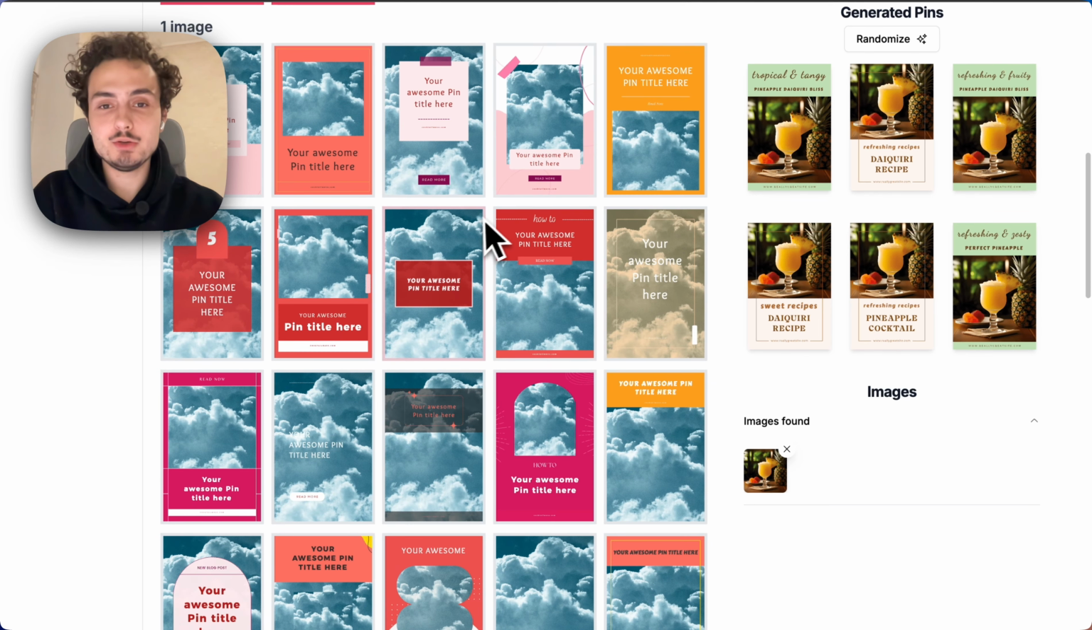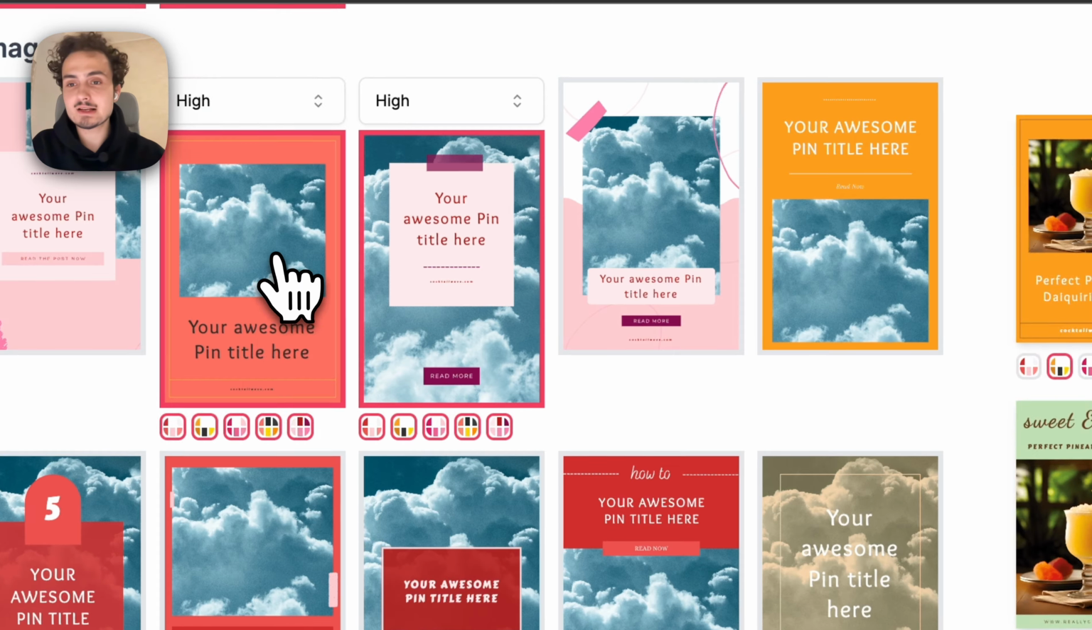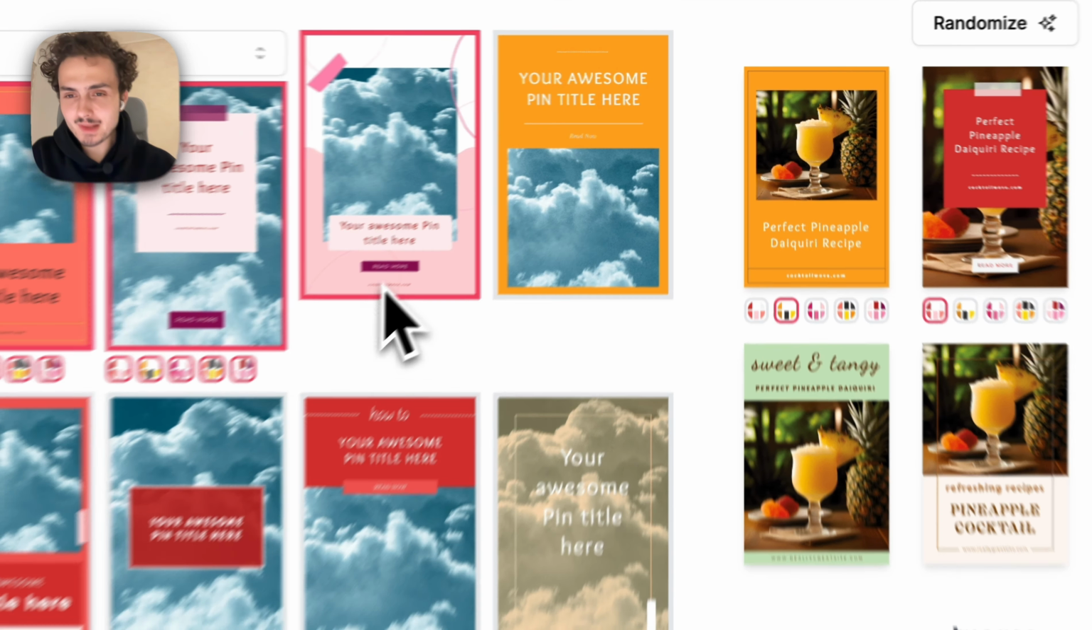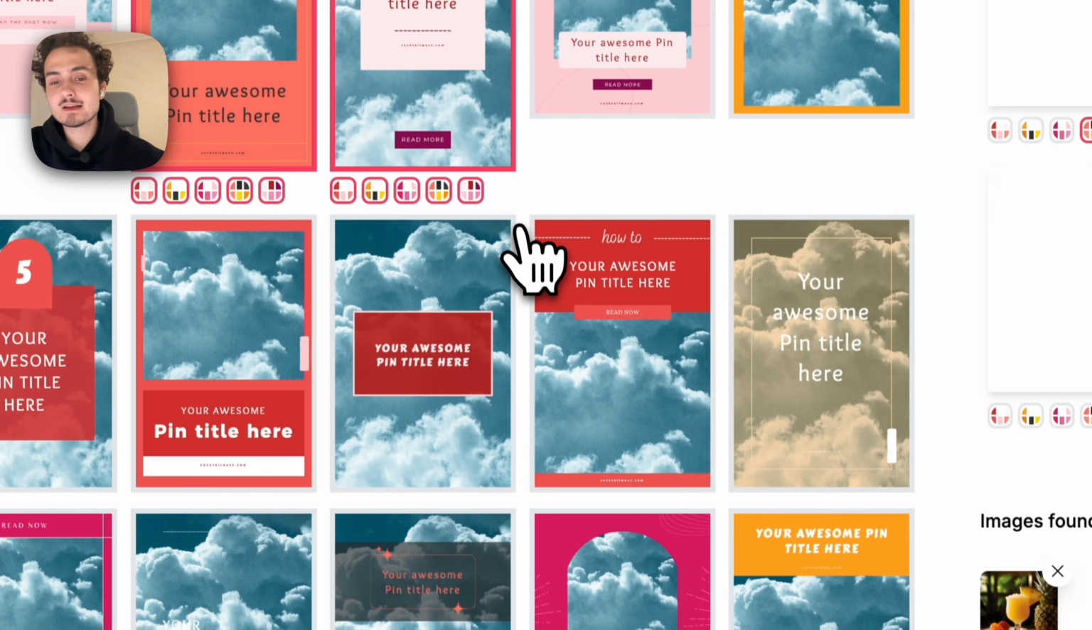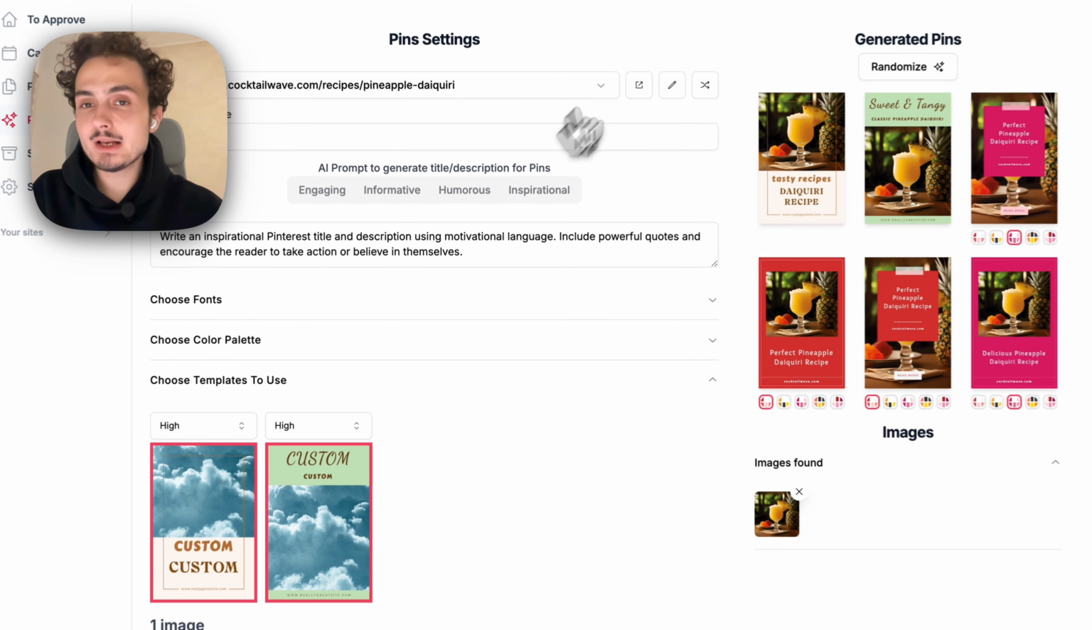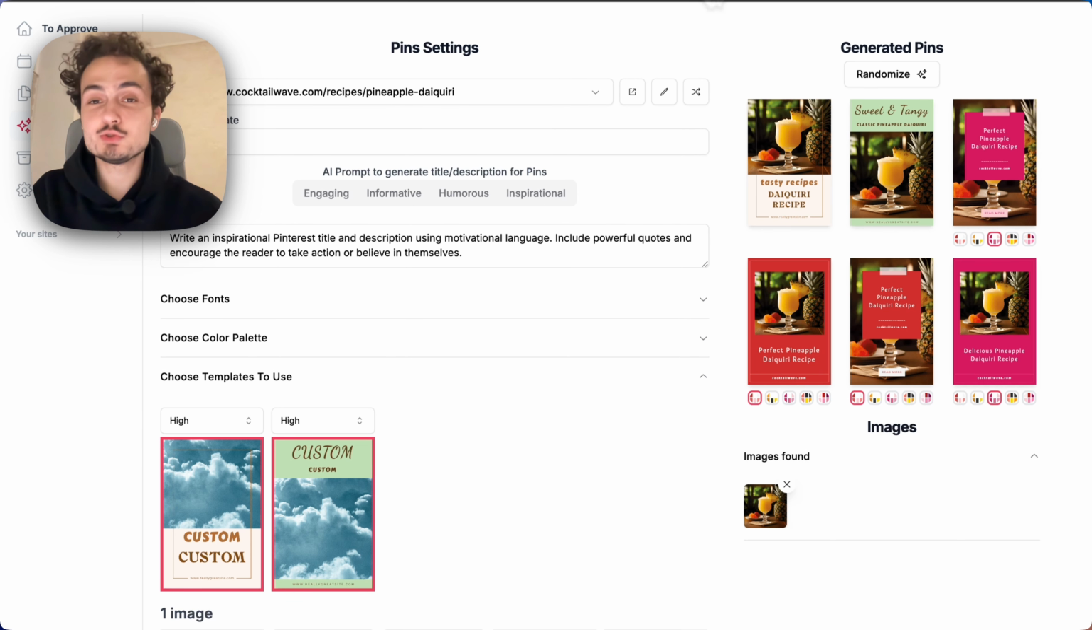You can also keep some additional pre-built templates that you can use. You can also hit save settings, and let's quickly go through the